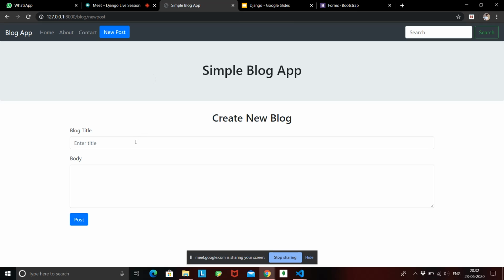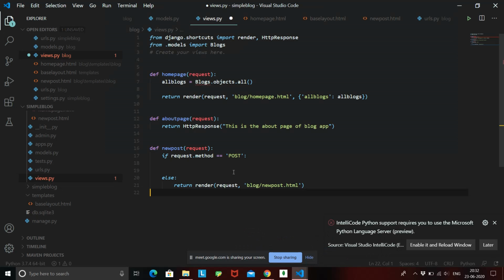But once we create the data inside this page and click this button, we are posting this data to the URL new post, and now new post has to handle that data, and that data is passed using the method post, right? So what we did here: if request.method is post, then we need to handle that data. If it is not post, just render out the page.